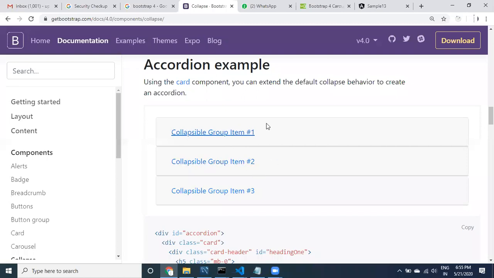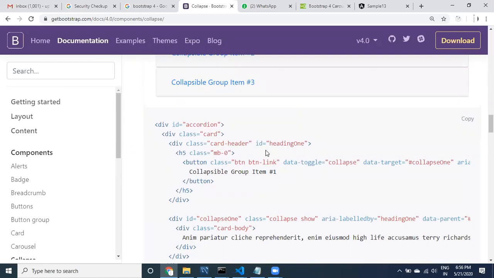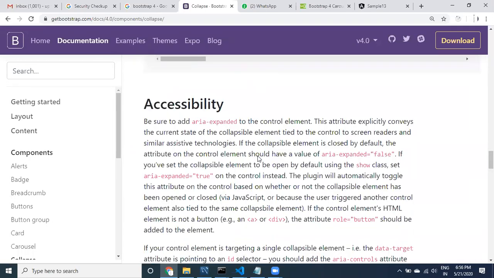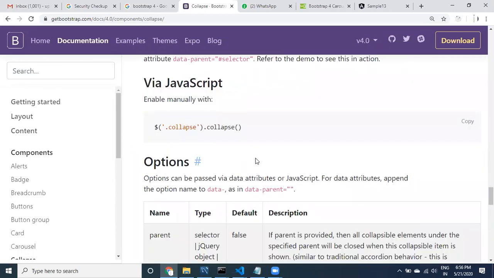If it is static content, accordion is a very good example. If you have static data in your application, you can apply this accordion directly.